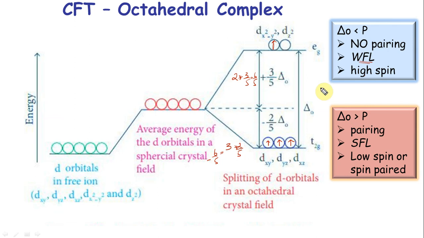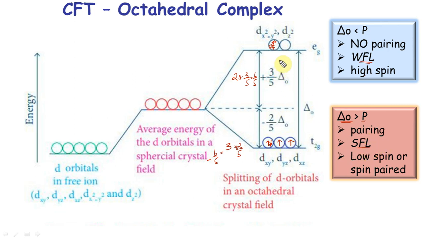Suppose my delta naught is too much. Let's say you have to carry something one floor up and the floor is very high. What would you do? I don't want to go upstairs and waste my energy. I would spend a little more energy and just pair it here. I would do this when my delta naught is too large, because going up would spend too much energy. So pairing happens. This happens in a strong field ligand. We will see what this means pretty soon.